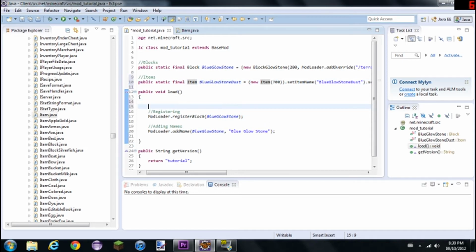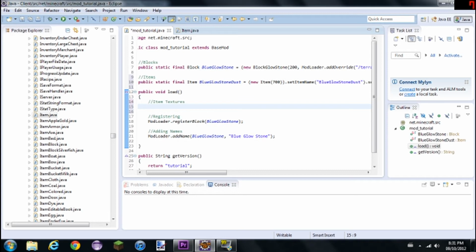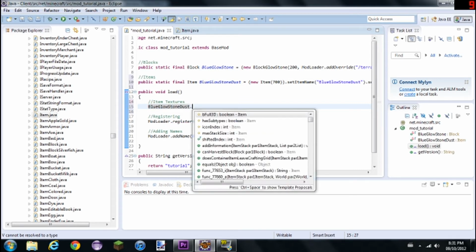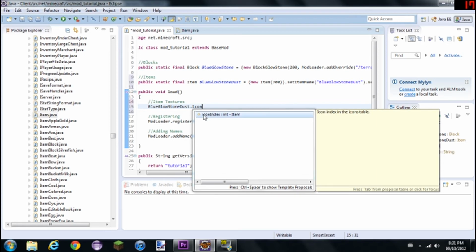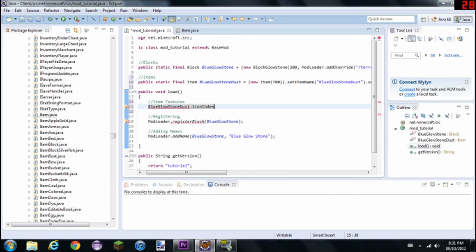So in here, make another comment called item textures, and then here you do blue glowstone dust, and then dot iconIndex. You need to have dot iconIndex, and then equals ModLoader, basically what we did up here, ModLoader